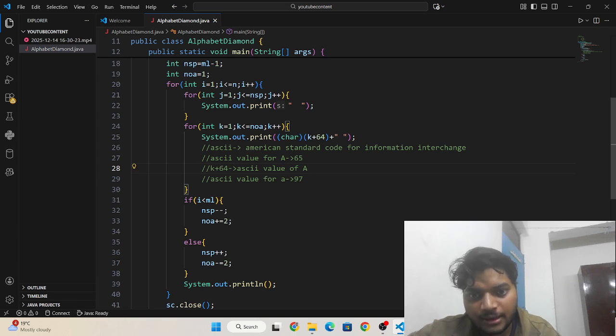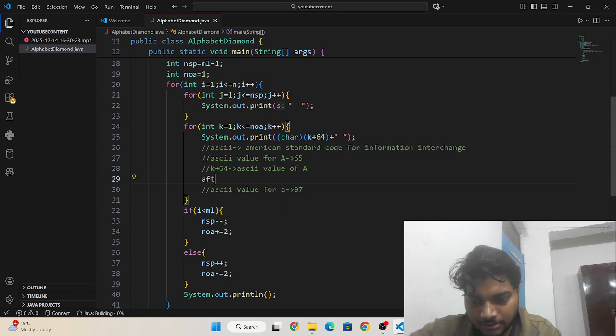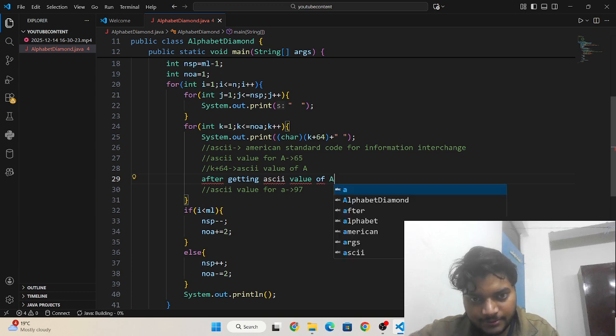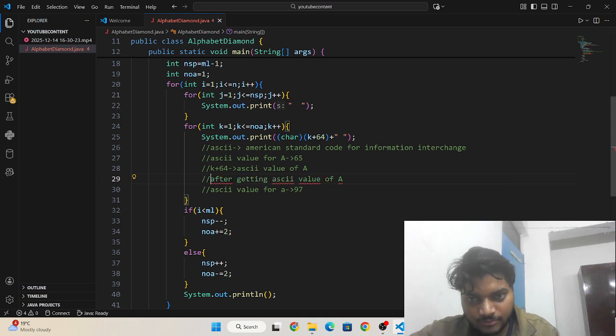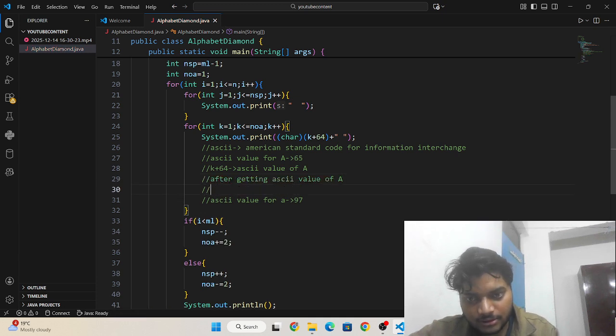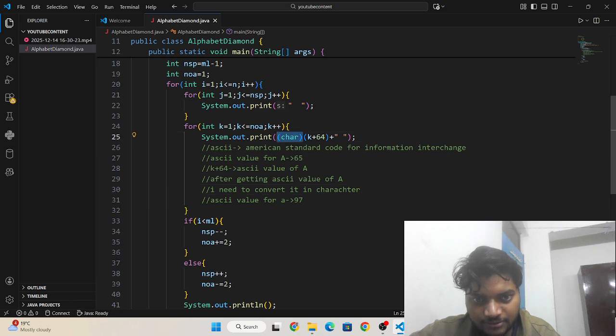After getting the ASCII value of A, I need to convert it to a character. So that's why I have written char here.